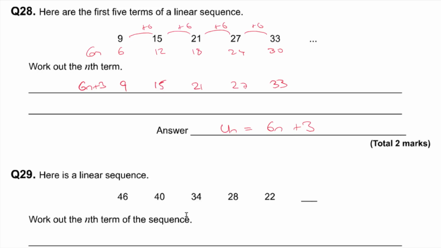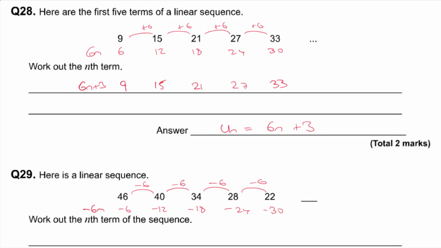The next one, this linear sequence, this one's actually going down, isn't it? It's a subtract. Minus 6, minus 6, minus 6, minus 6. Now I know a sequence that goes down in sixes. It's minus 6n. Minus 6n goes minus 6, minus 12, minus 18, minus 24, minus 30. Now you might be thinking that looks nothing like the sequence I've been given up here, but actually it does,